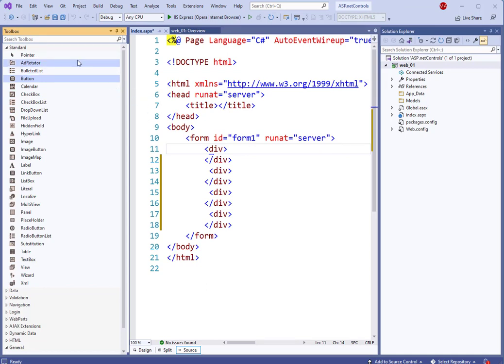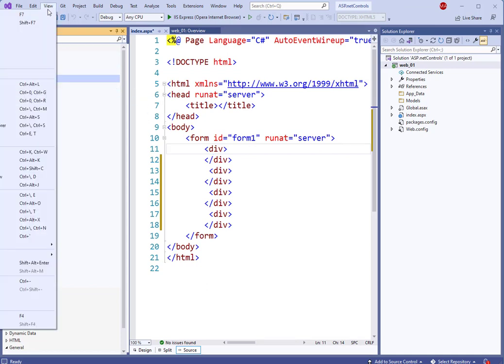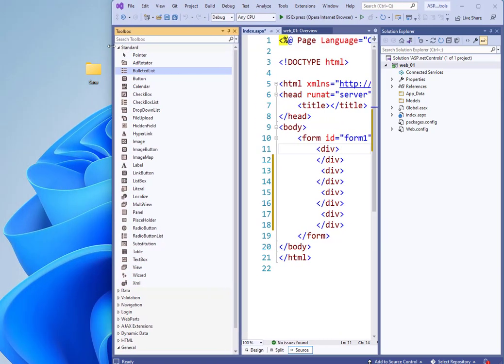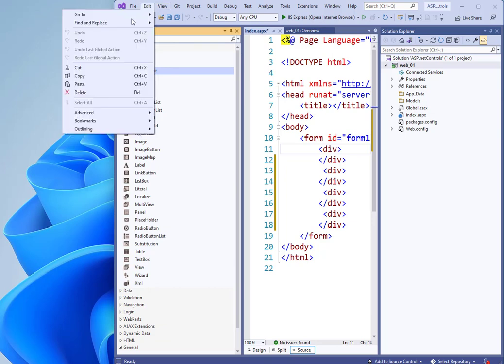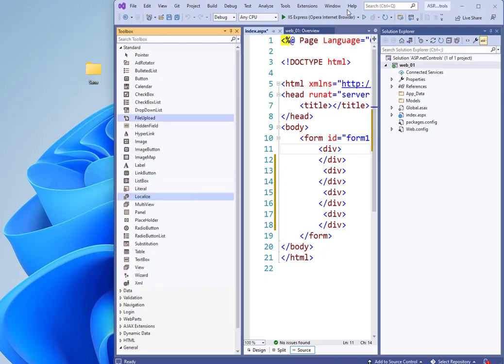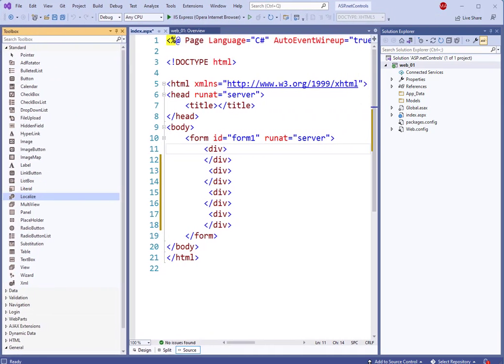If you don't remember the shortcuts, you can click in view, and you see them all here. There's the Solution Explorer, and here is the properties window, and all of the menus that you need. If you don't remember the shortcuts, you can always get them through here. The toolbox, Control-Alt-X. All right, let's go back and stretch this,